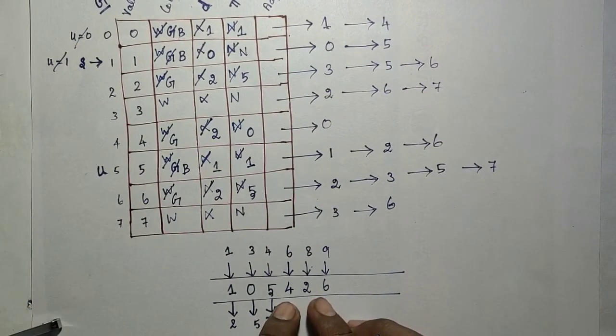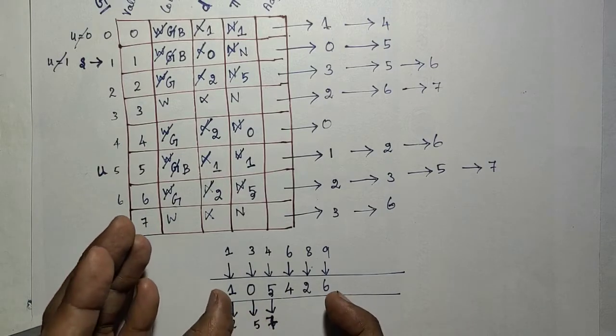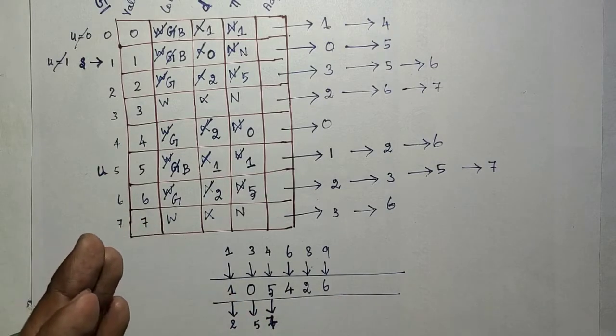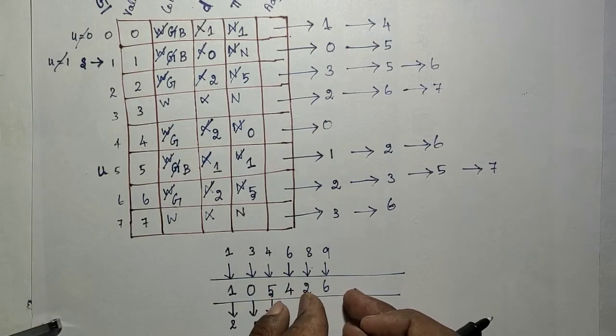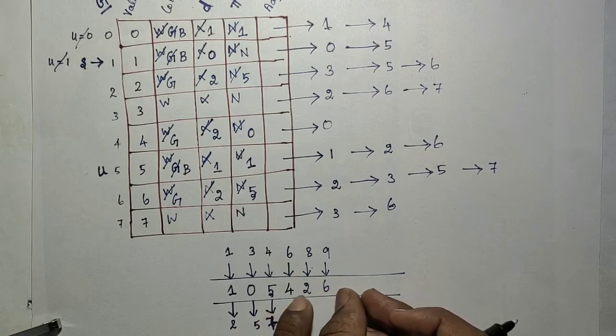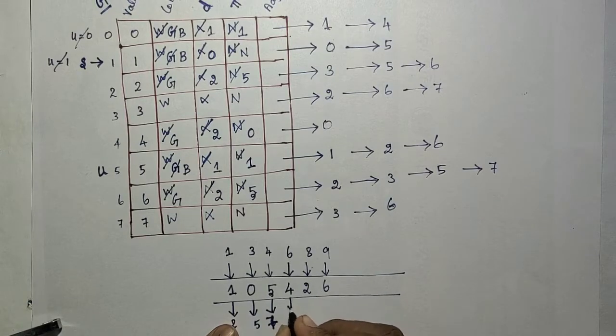Next you go for the next U value. Check the queue status. Q is not empty. Then dequeue. For maintaining that order only we are using the queue. So when you are performing the dequeue operation, whichever was inserted first, that only will be retrieved. So next I need to dequeue and mark it as U. So that is the 10th one.